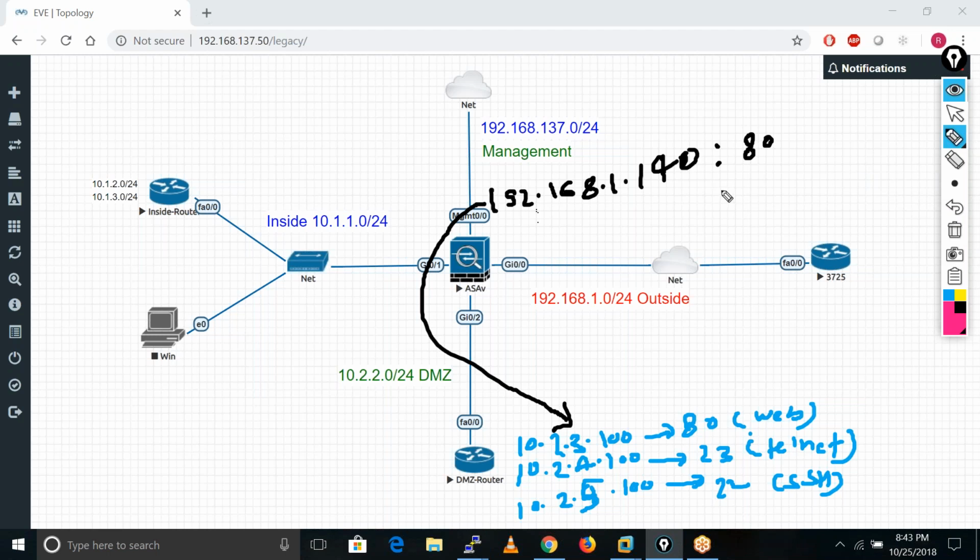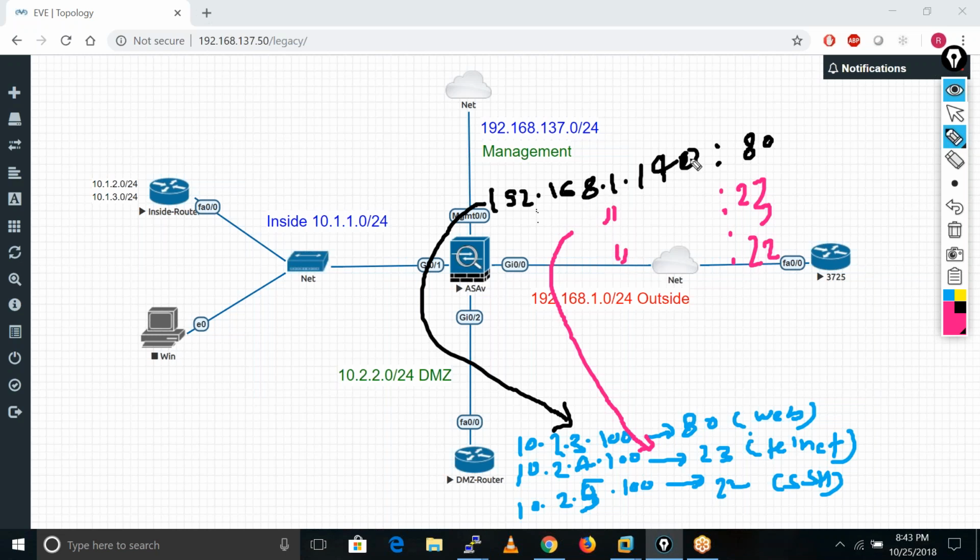If the IP address is the same and it gets the request on port number 23, it sends this request towards this server, 10.2.4.100. Same with port 22, and the IP address is similar, 192.168.1.40.